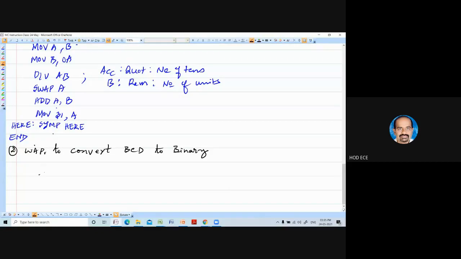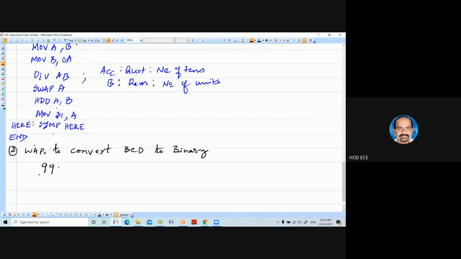Suppose the BCD number is some number you can take. It should be only an 8-bit number. Mind it, BCD number it is. Suppose the maximum BCD number is 99. More than 8-bit you are not handling. Only you are handling a 2-digit number, 99.